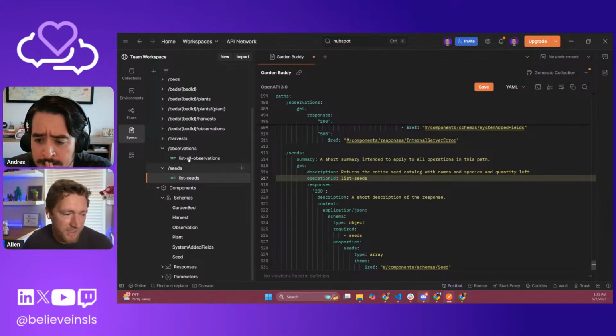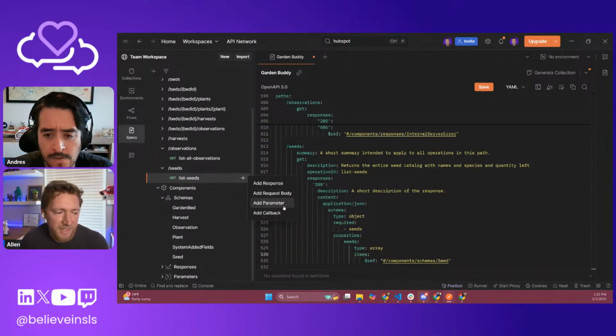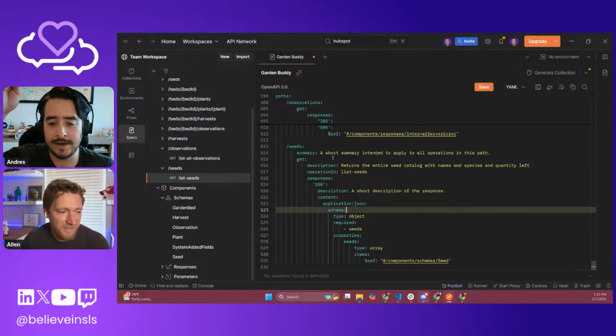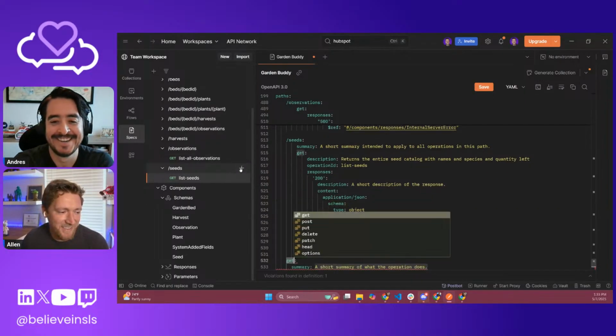Cool. So you can see that we have that. Outside of these invalid cursor refs or whatever is happening with the bug that we found in Spec Hub, I do actually like the ability to say, I need to add another type of response, or I need to add a request body. Request body is one that I always forget how to define, because you need schema and then the content type, and that's key. Yeah, that's one that would be helpful. Let's see what it looks like.